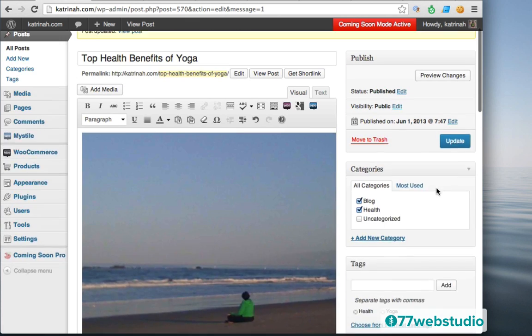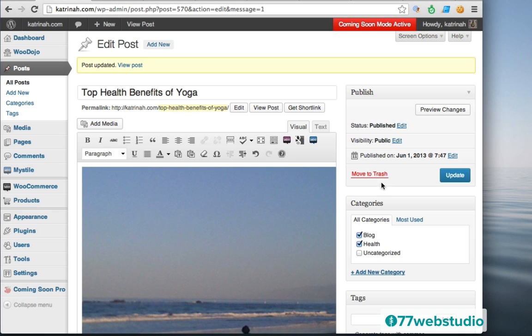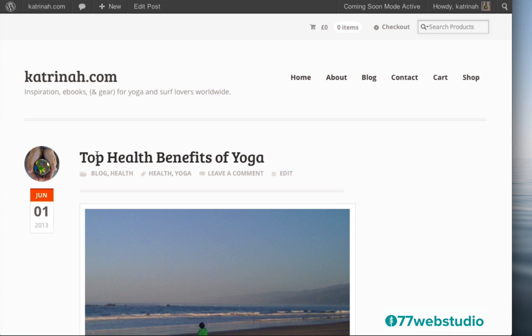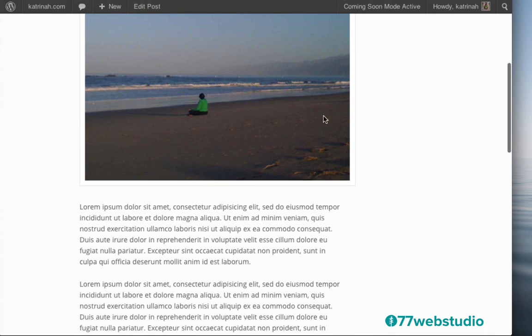Once you have everything set here on the post page, you can once again update it by clicking on Update. Once the post is updated or published, go ahead and click on View Post to view the post. Here on the blog post page, you'll have the blog post title, some information about the blog post, and then you'll have the post itself.